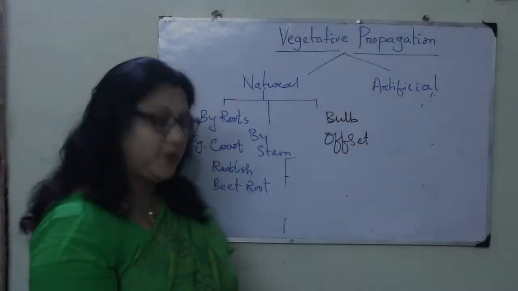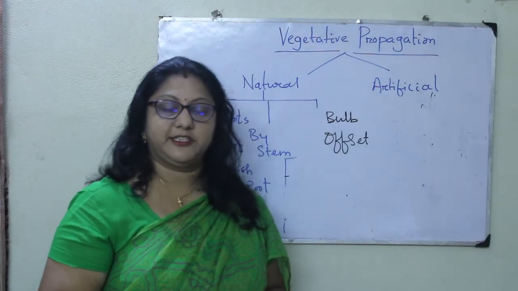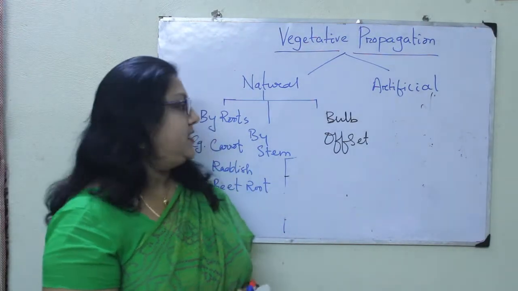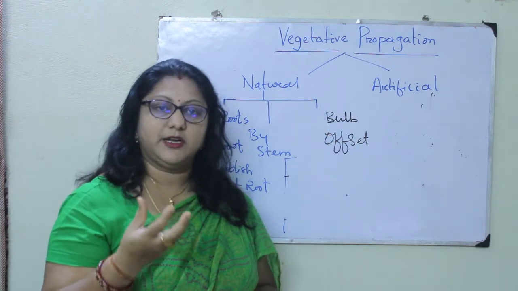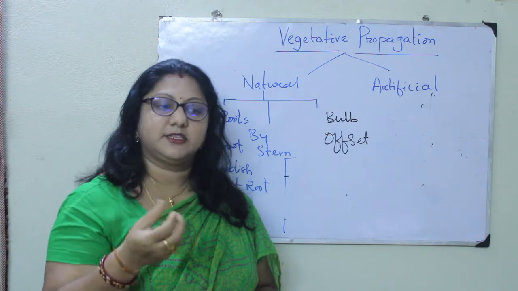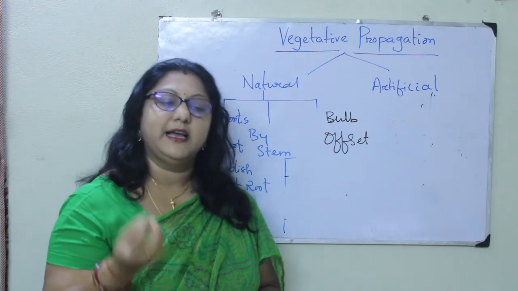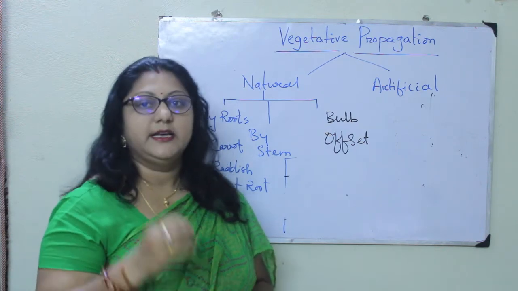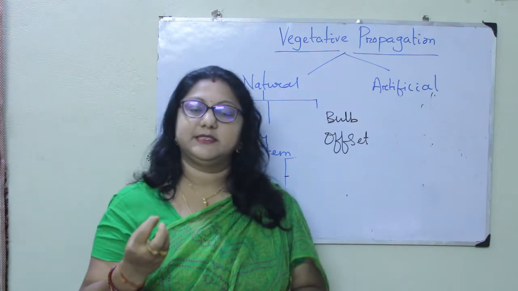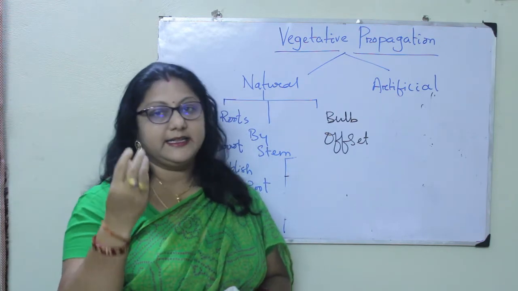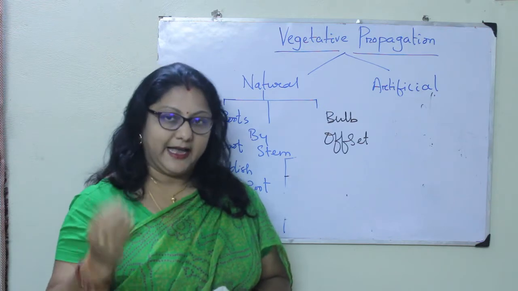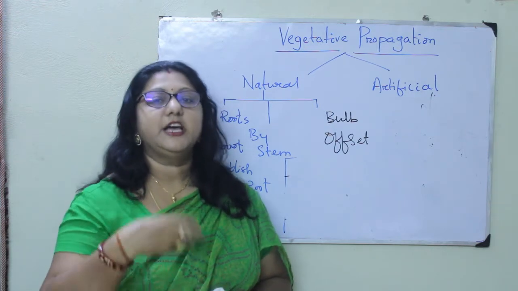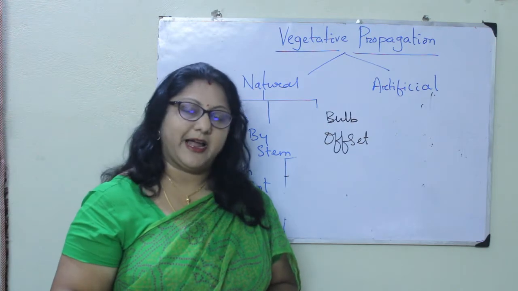So these are two more vegetatively propagating stems. Bulbil is a bulb or blob-like structure, a rounded spherical structure. The best example for that is the onion, right? So the onion bulb, we all must have seen the spring onions, in that the lowermost part, right? So that actually has the capability to give rise to a new plant.